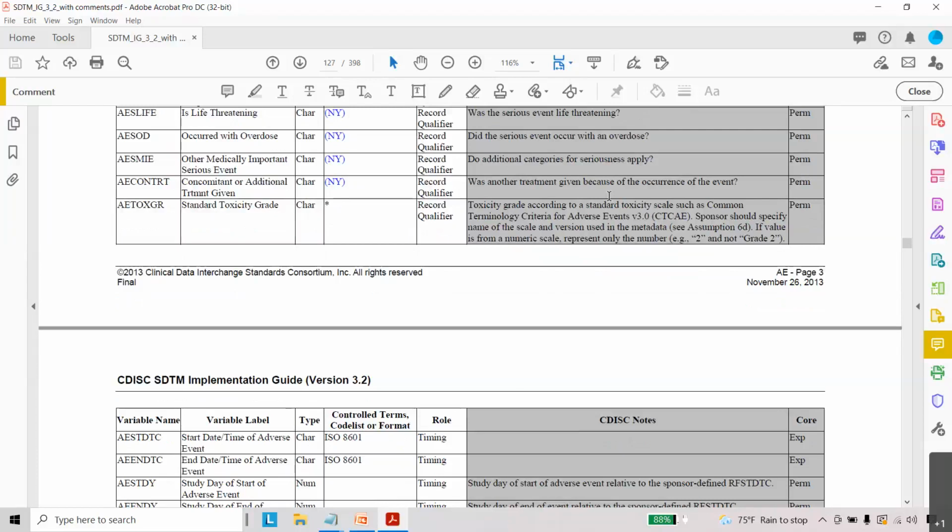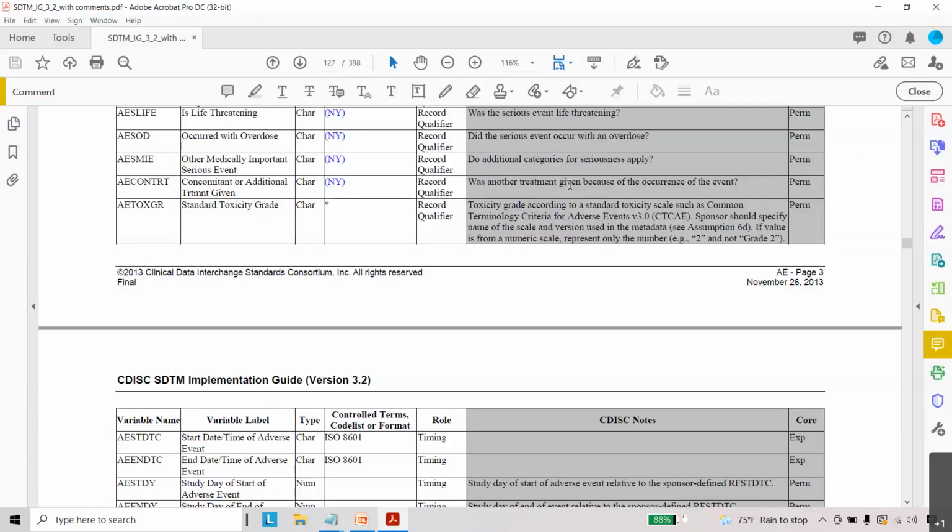Next one is an important variable, but it is a permissible variable in the AE. It is AETOXGR, the standard toxicity grade for the particular event. Again, this has been classified into different types. Usually there is the NCI, National Cancer Institute, CTCAE classification present to classify the adverse event.